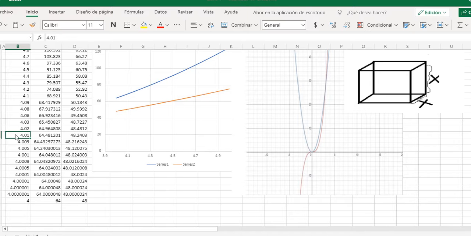If we have 4 and 100th, and if we can separate 4 and just take this 100th, we can say that at that moment, can you see the volume here? The volume here is 64.48 hundredths,